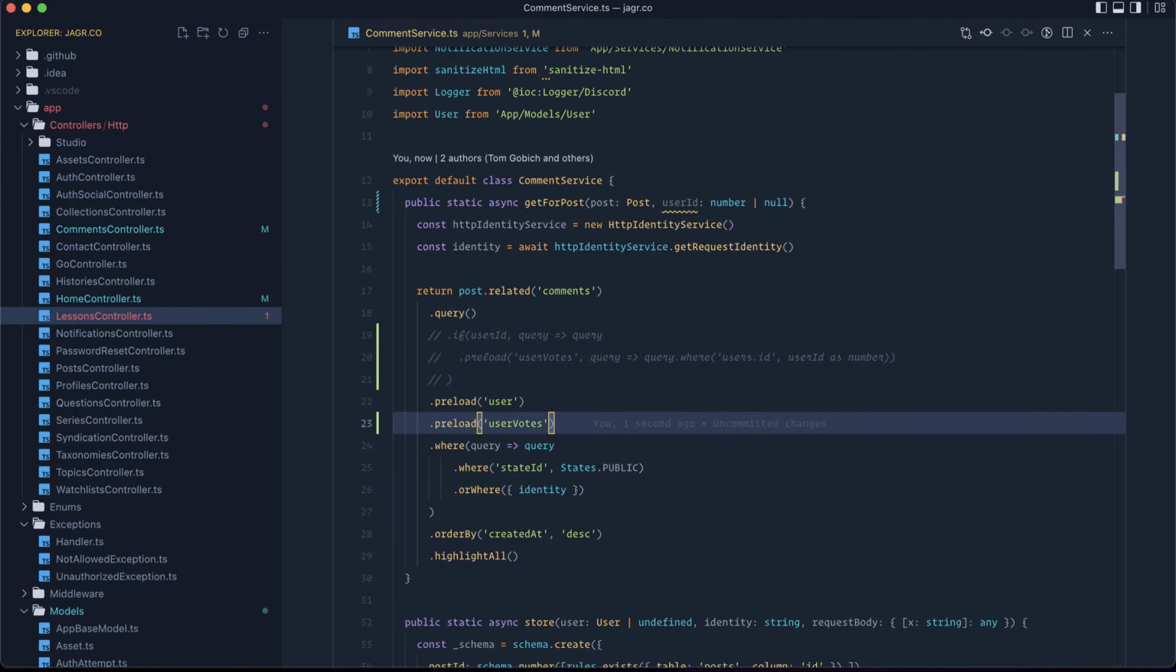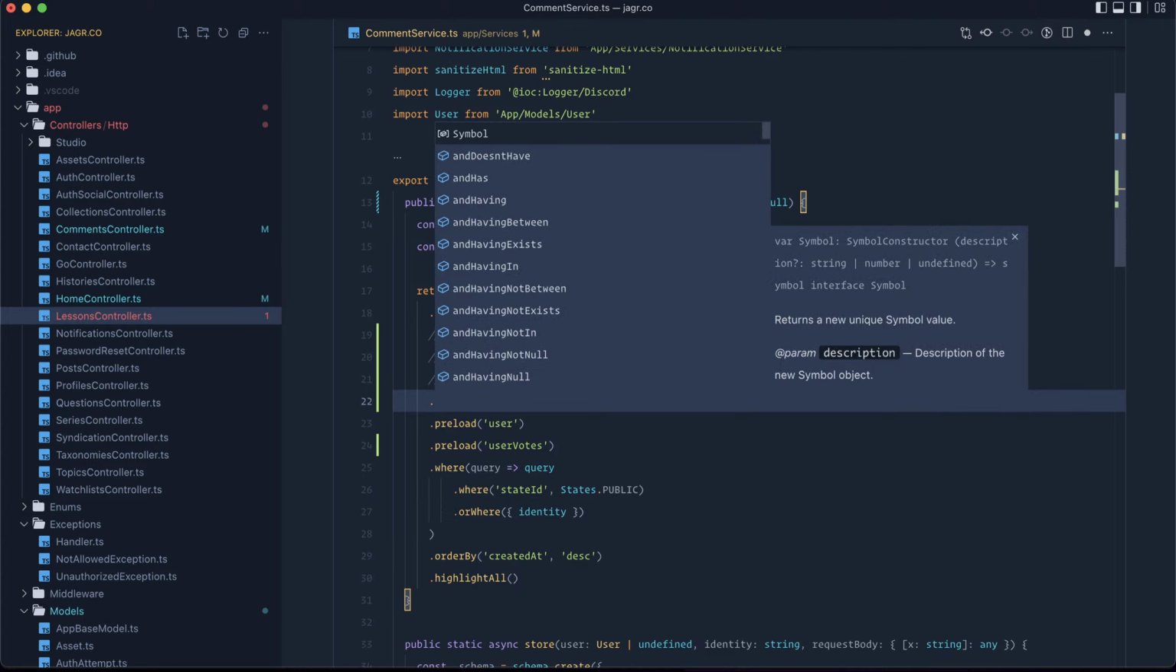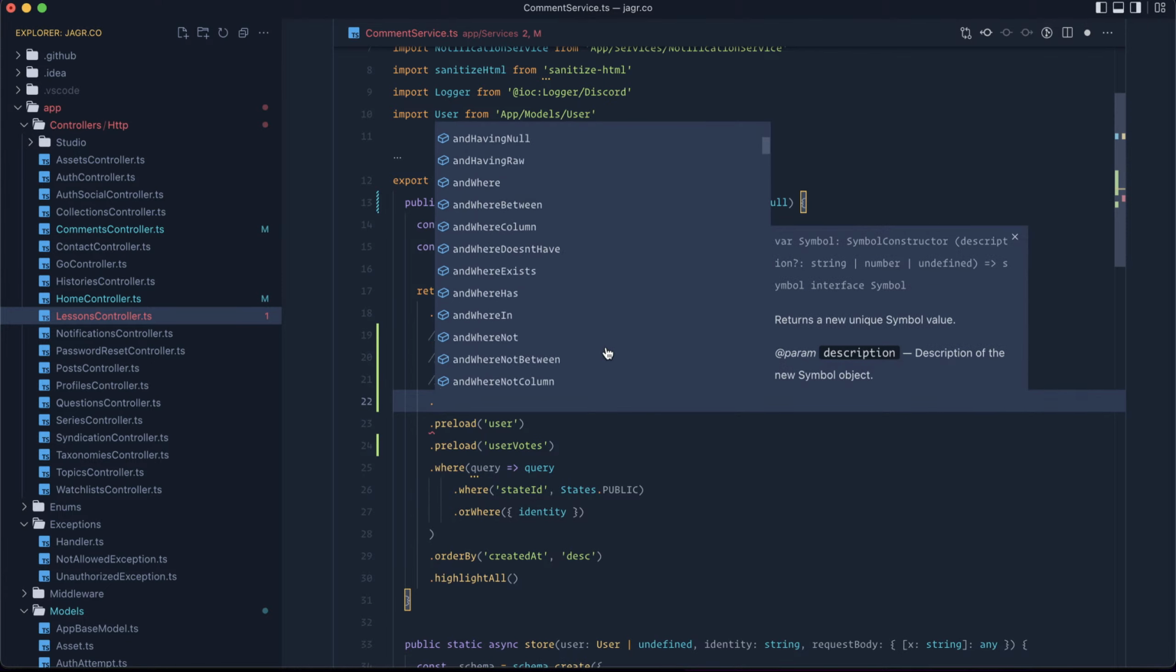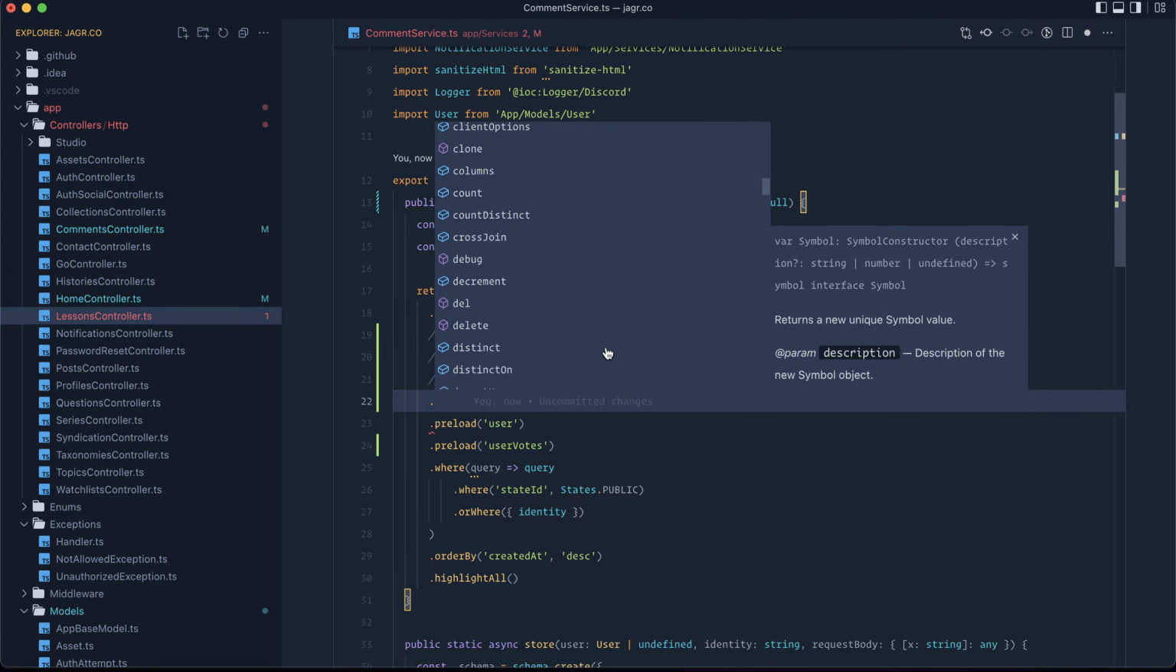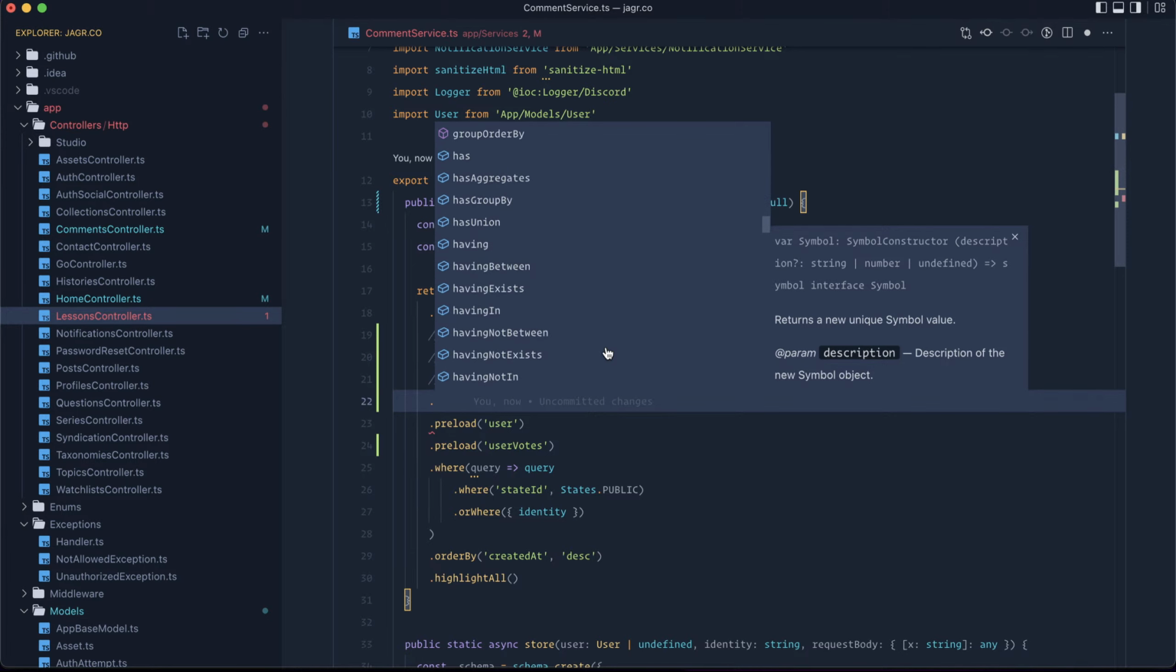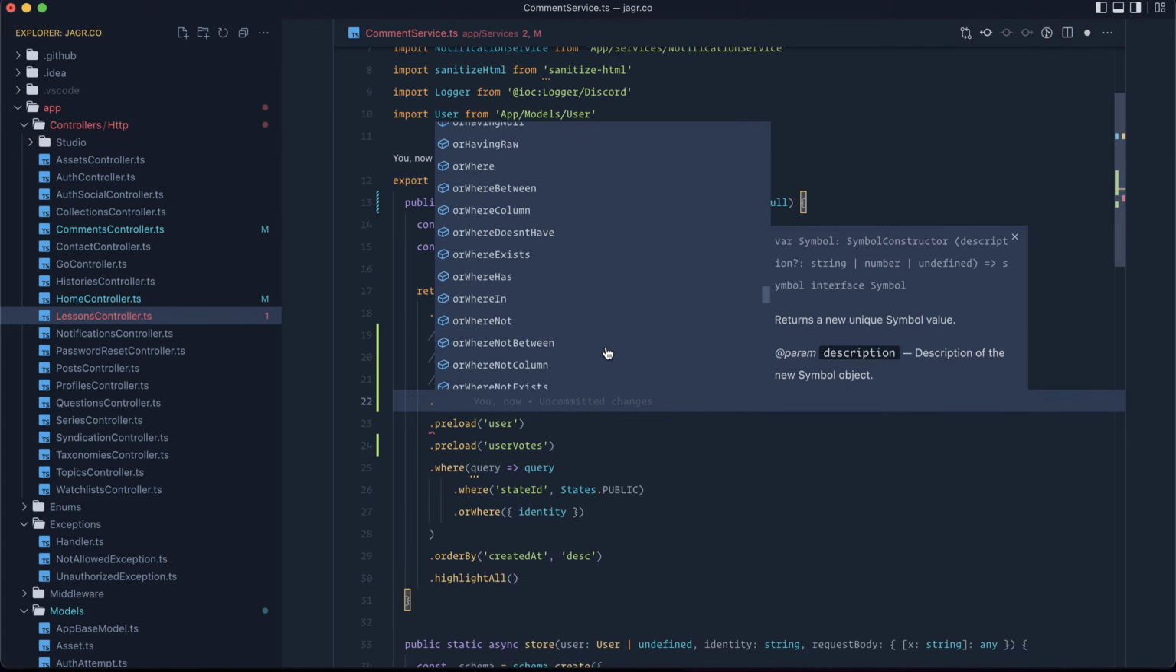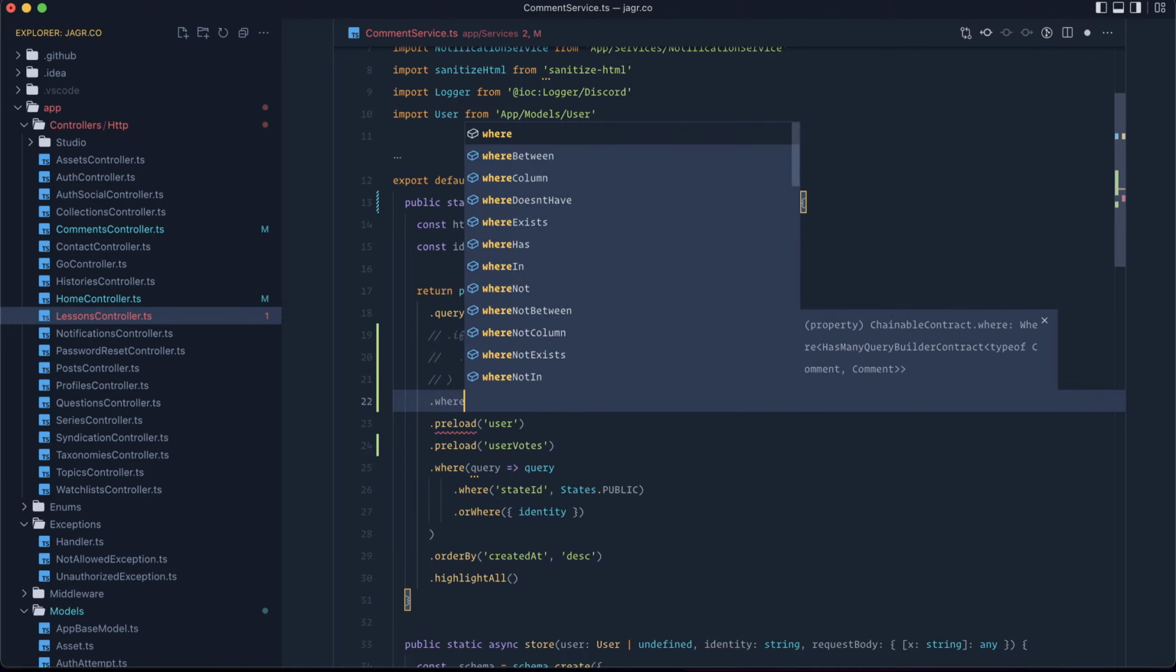And let's see if there's anything else that would be beneficial for that. Having intersected. Yeah, we could just do a where exists. No, sorry. It would be like